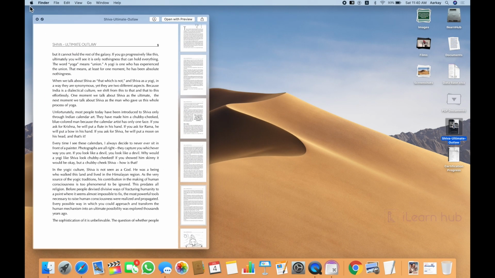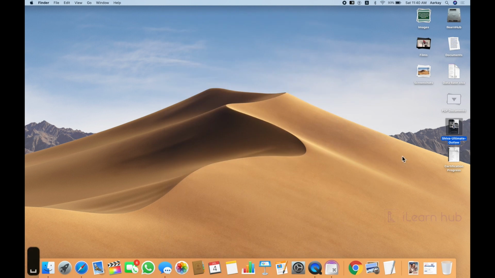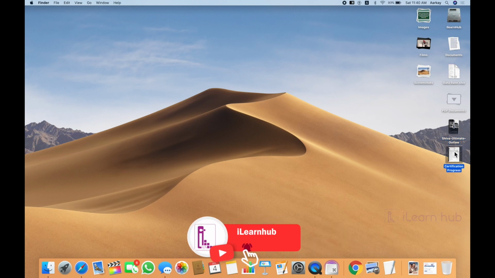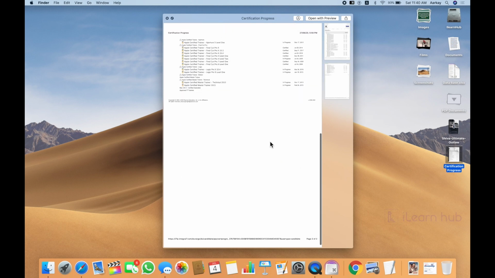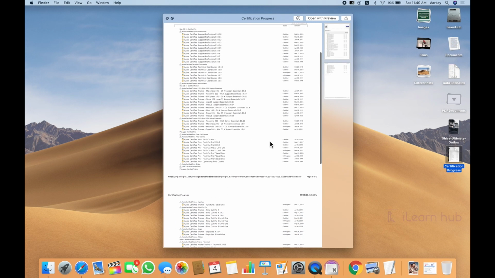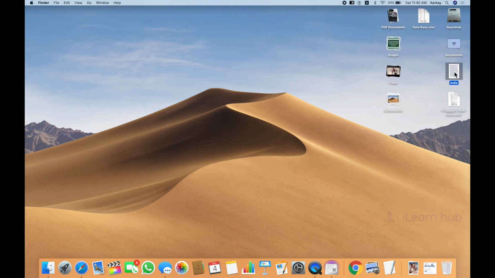Can you see here, by default if you open any particular application, normally you will see the application name next to this Apple logo, but right now here it shows Finder. That means you are on the default OS, not on any application. Okay, so let me repeat again. If you select any particular file and then use spacebar, straight away you can see the content here itself. If you have more than one page, you can even scroll. Okay, is this only for PDF files? No. More or less almost any document you can open.